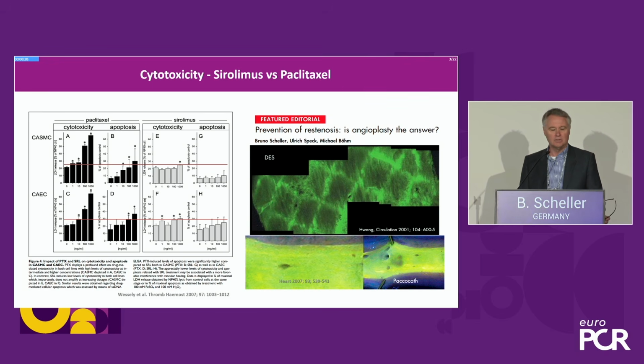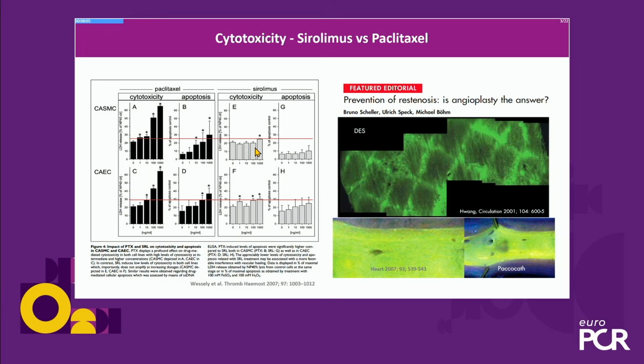Most of those claims refer to this work by Vesely et al. from Munich from 2007, and they looked in cell culture at cytotoxic effects and apoptosis in vascular smooth muscle cells and endothelial cells. And you can see here, if you focus on cytotoxicity and the different drug concentrations, that it is true that sirolimus